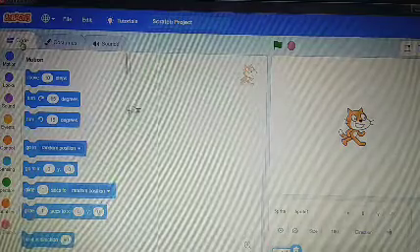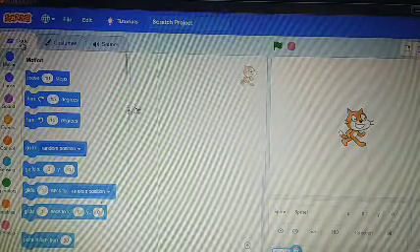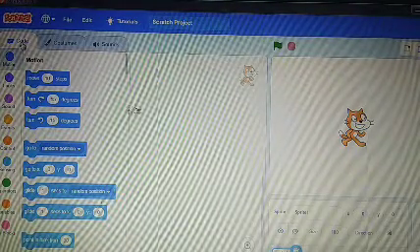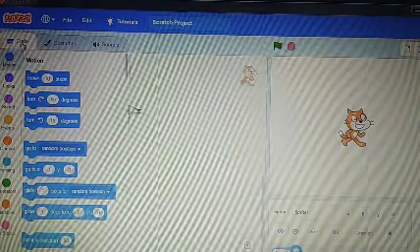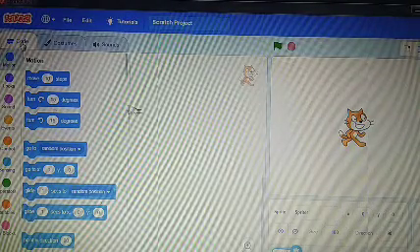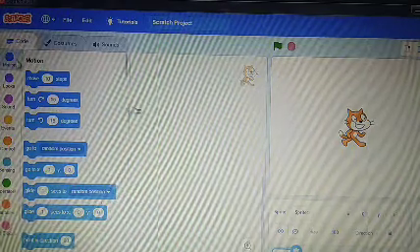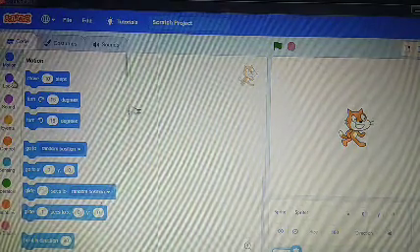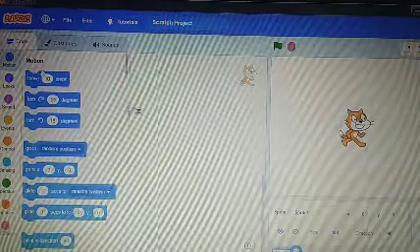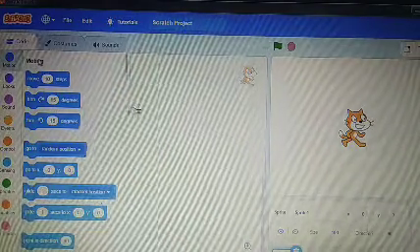Different codes are given in blocks. Codes are instructions, and in programming we write instructions. So all instructions of Scratch programming are written in blocks. There are different blocks. This is the motion block.